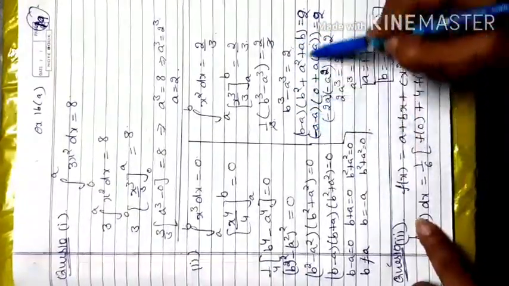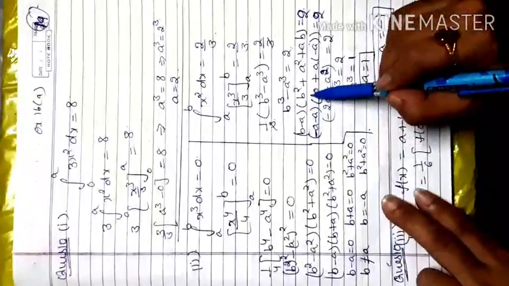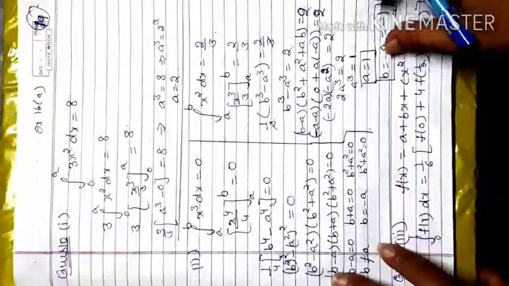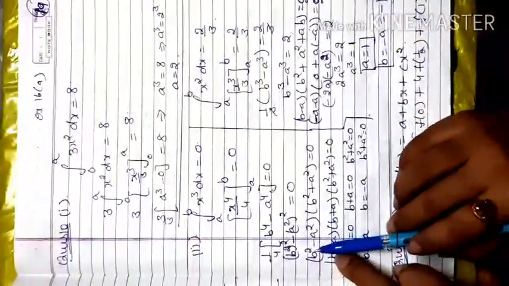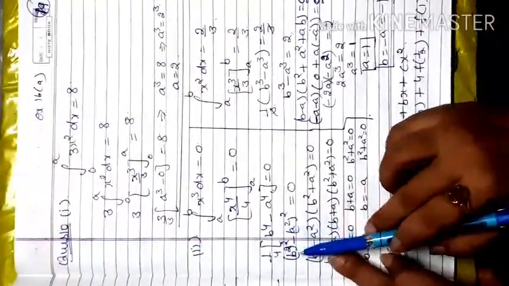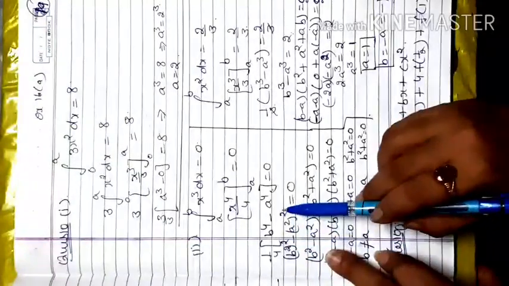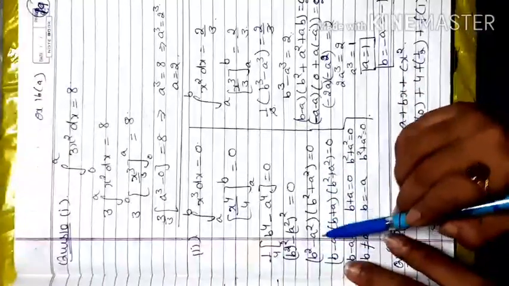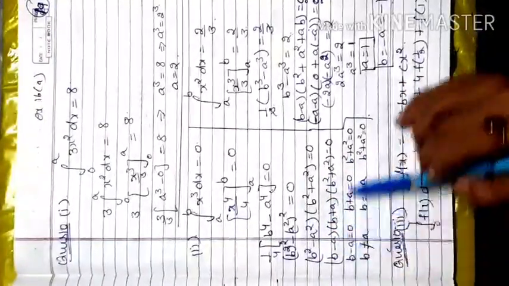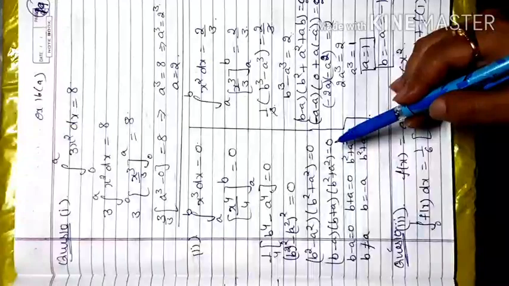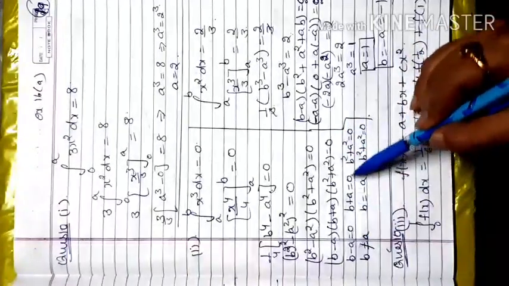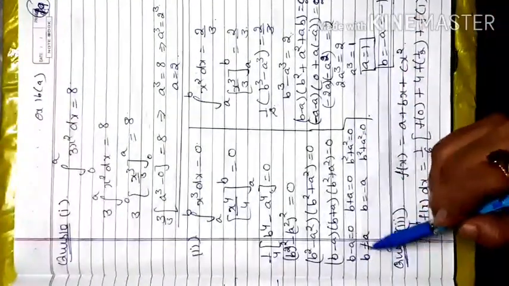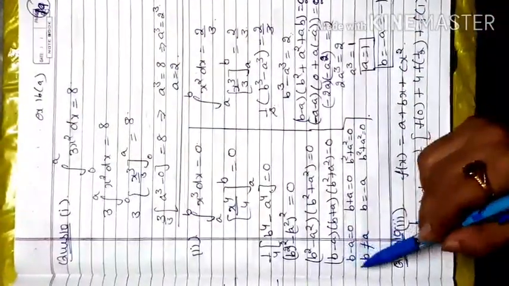We apply the a cube minus b cube formula, that is b minus a into b square plus a square plus ab is equal to 2. Here we apply the a square minus b square formula, so that is b square minus a square, because the power 4 is there, so first we write b square whole square and a square whole square. B square minus a square, b square plus a square. We apply it again, open, b minus a, b plus a. All terms equate to 0 by the zero product rule. B minus a is equal to 0, b plus a is equal to 0, b square plus a square is equal to 0. B should not be equal to a, so this assumption is wrong.